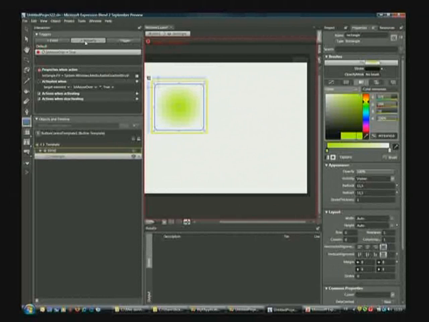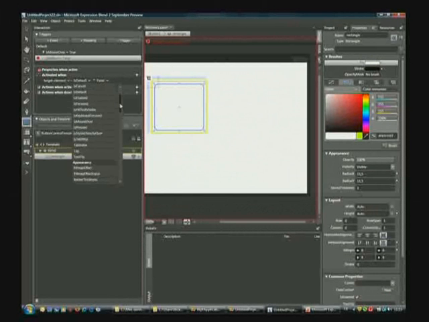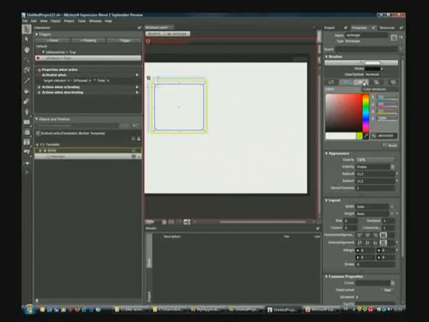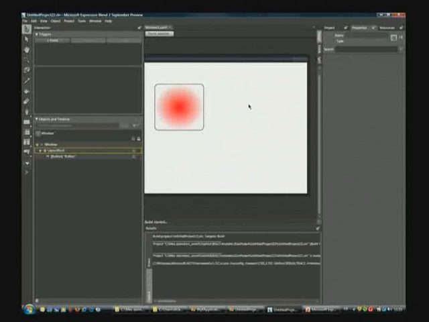And I can also add a property when I press on the button. So I add a new property trigger, and I choose the press trigger expression. And I want to have another color when the button is pressed. So for the rectangle, I choose again a radial gradient, but I want to change the color, perhaps red. So what I have done there, if I run the application,